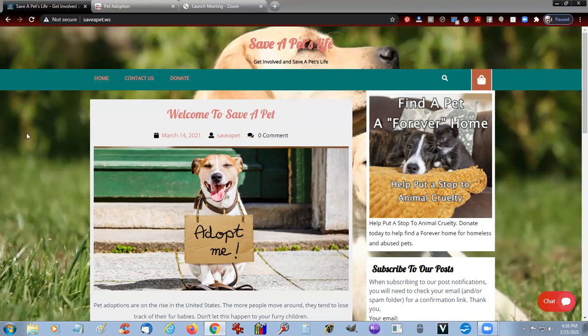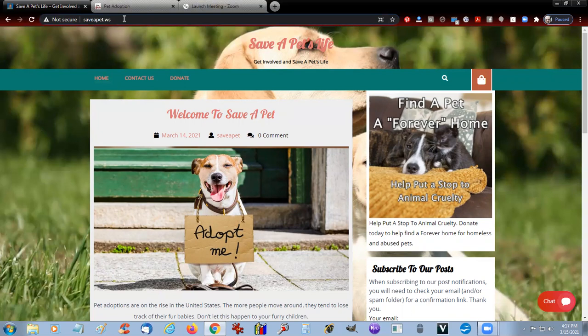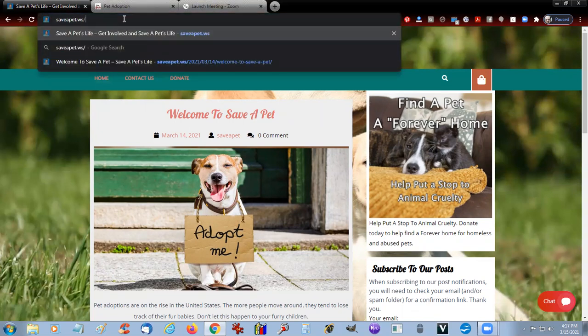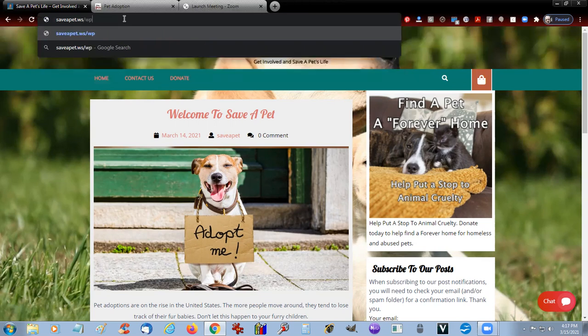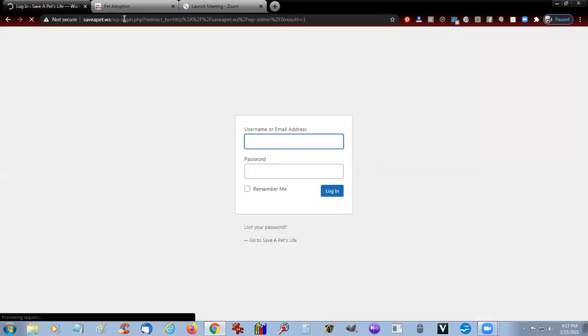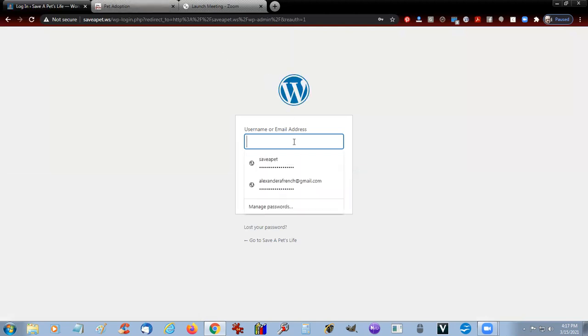First things first, when you want to go in to your blog, you can do it one of two ways. You can put after the .ws forward slash, you can put in wp-admin, and it'll bring you in, and you use your login ID. In this case, we're using SaveAPet, and the password is encrypted,